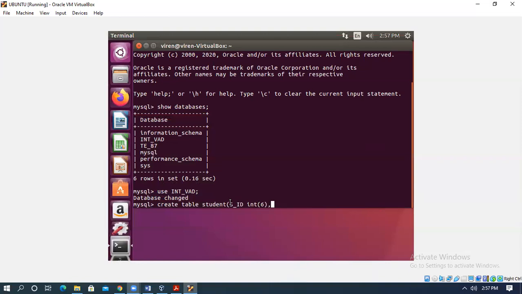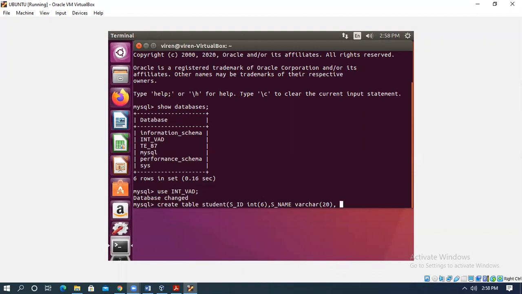This indicates this is my first attribute. Suppose my relation has 3 attributes. Next I will type student name, s underscore name. This I want as varchar, and the size is suppose 20, comma. This is my other attribute.